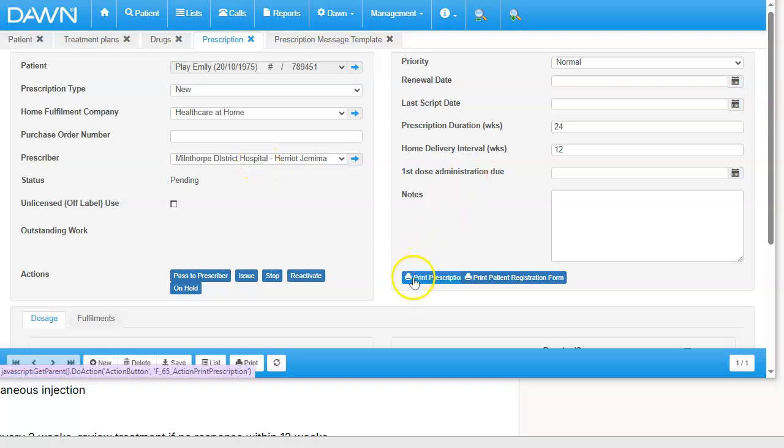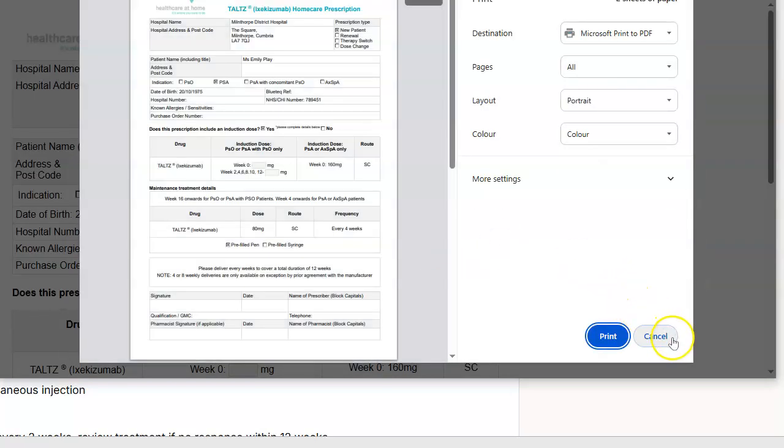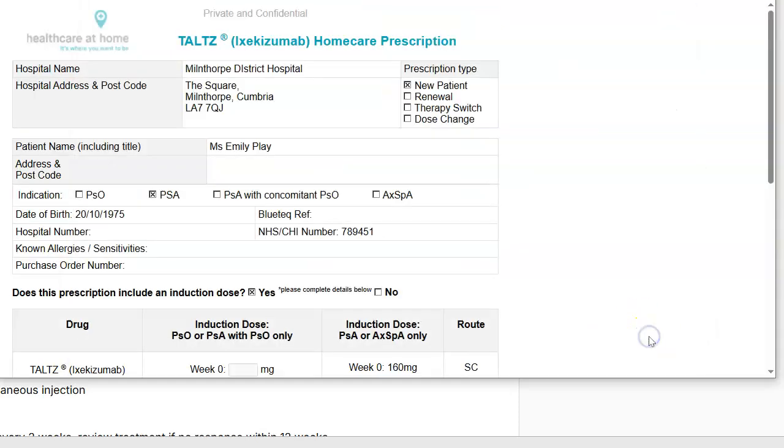Behind the scenes, I can associate a template with a drug. So all I have to do is click the button and Dawn knows which prescription template to use. Here it comes up. I could just press the print button now to print that out, and it will print out a form that looks like this with the correct home care company logo on, the name of the drug